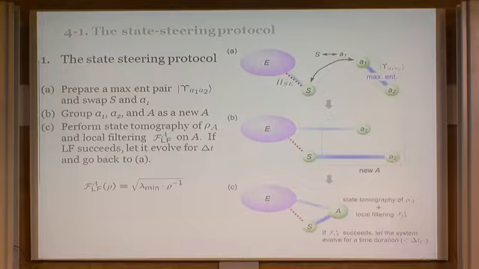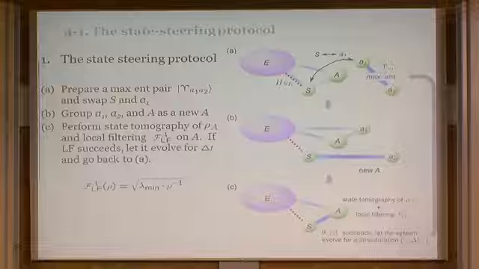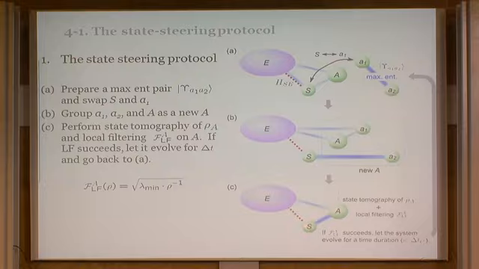And then we group this as a new A, and by letting it evolve naturally, thanks to the Hamiltonian HSE, some entanglement will be generated here, and then again we put maximal entanglement here, and then we repeat this process,